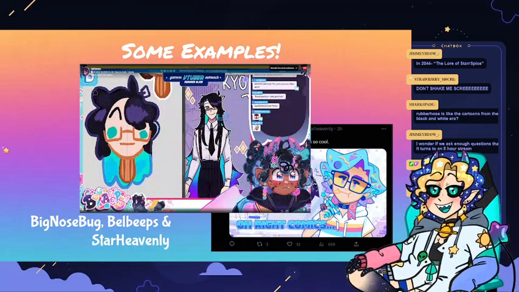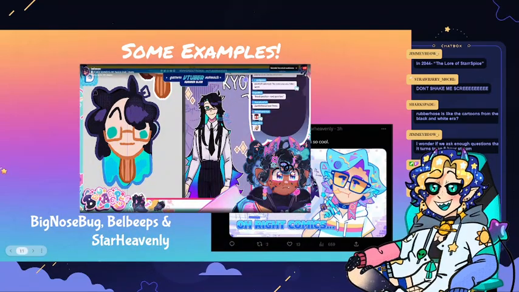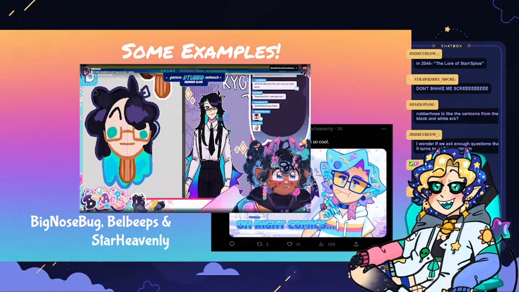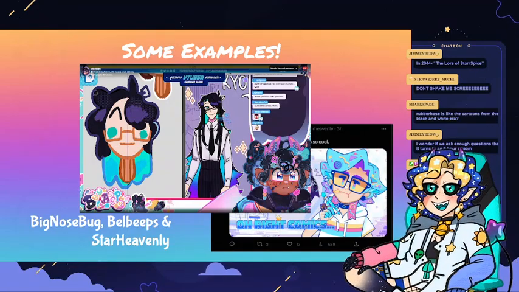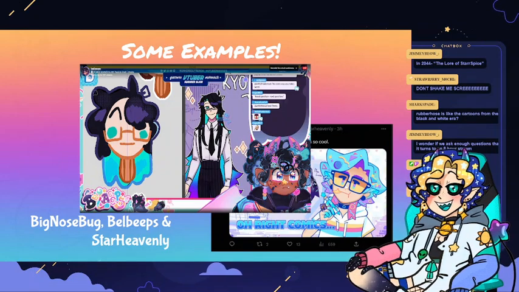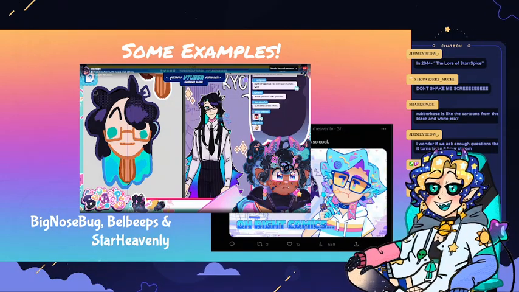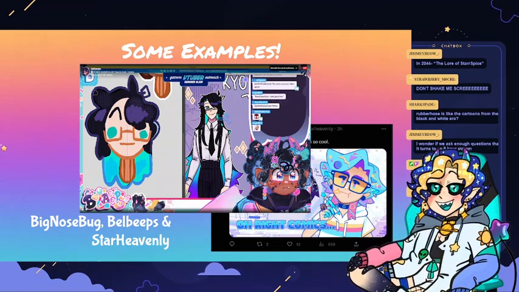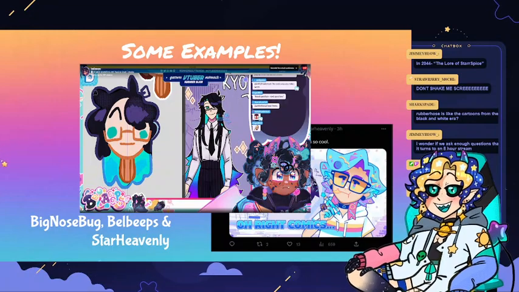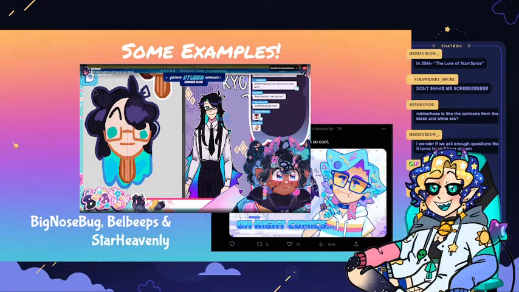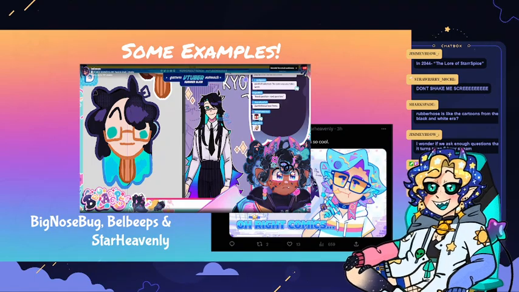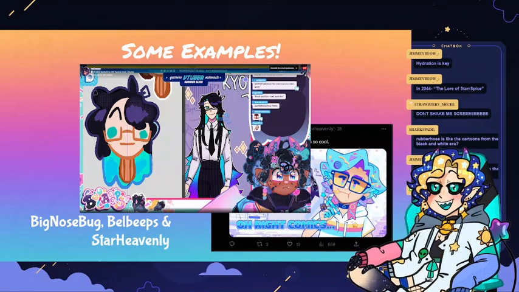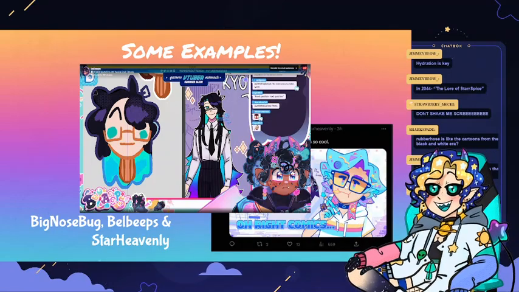Another example is Bell Beeps. I think Bell Beeps is live now, but I'm not entirely sure. Bell Beeps is also an artist, and you can see Bell Beeps down here. They've changed their model a couple times. Their thing is that they're like a gummy bear dragon, or a gummy bear worm with a Y. And her model's so cute. I love her model so much. Her art style is amazing, and I love how bouncy it is. Unique styled VTubers like this are just a delight to see. And as you can see, in the eyes and in the face, there is very much